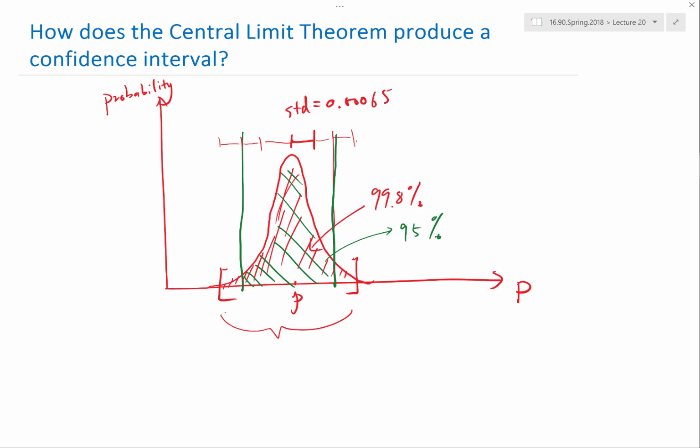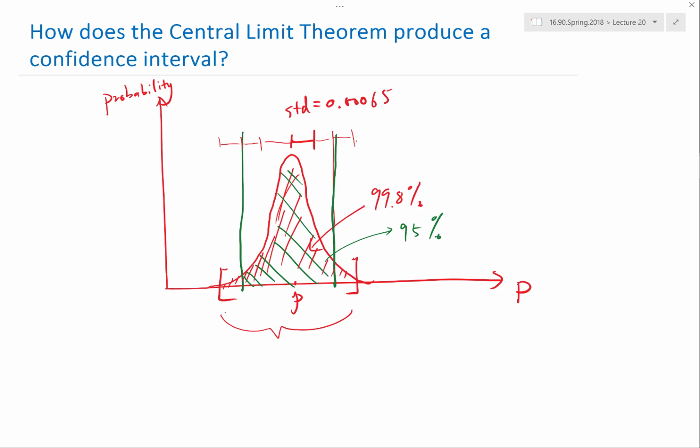But then it's the same, except your distribution has shrunk by another factor, right? So if you repeat the procedure 100 times, you are shrinking the width by what? By the square root of 100, which is a factor of 10, right? So that doesn't really solve the problem in principle.